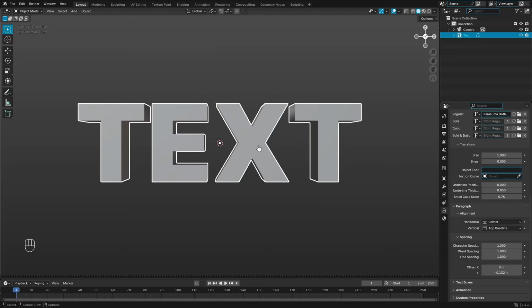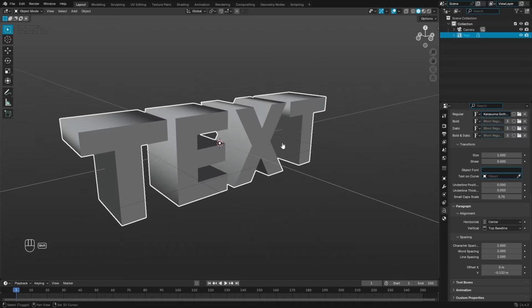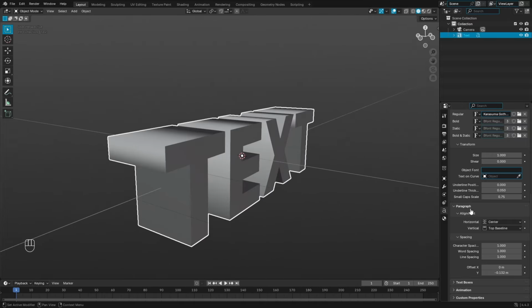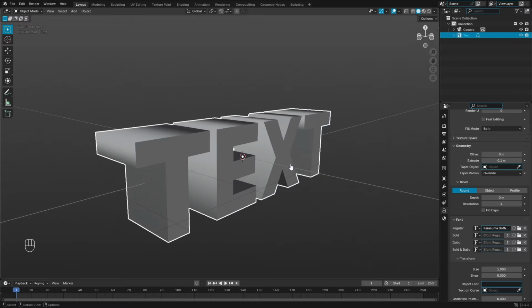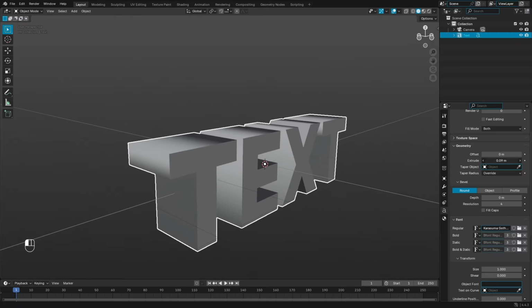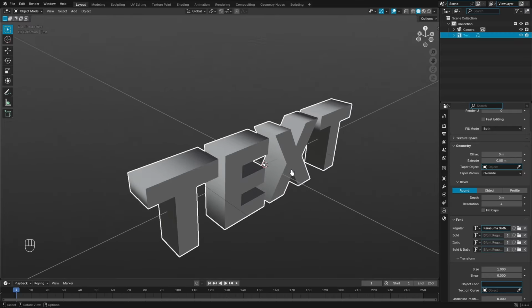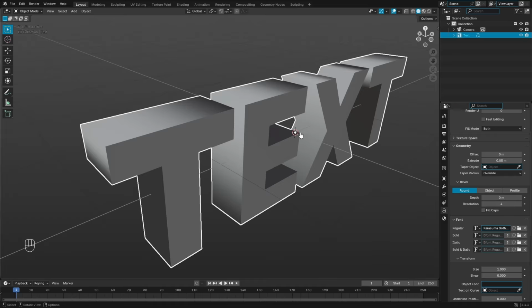But I do want to make sure that all of our text pieces are individual objects. What that means is we're going to have to separate all of these. Make sure you have everything set, because you have to do this over and over again. I think I want to add a little bit of bevel to this as well, and maybe turn the extrude down just slightly. So let's add a little bit of bevel, make it look kind of bubbly,